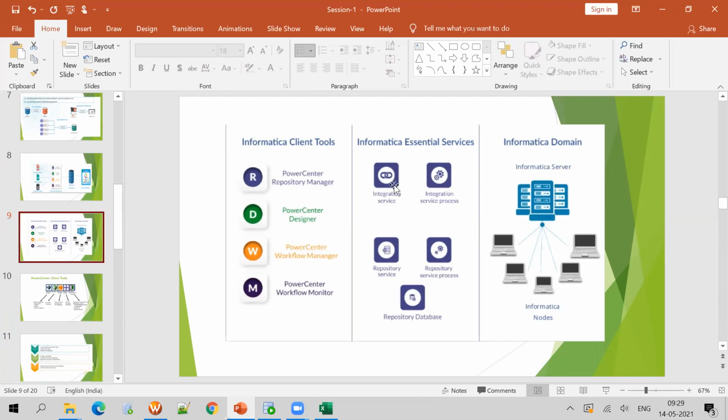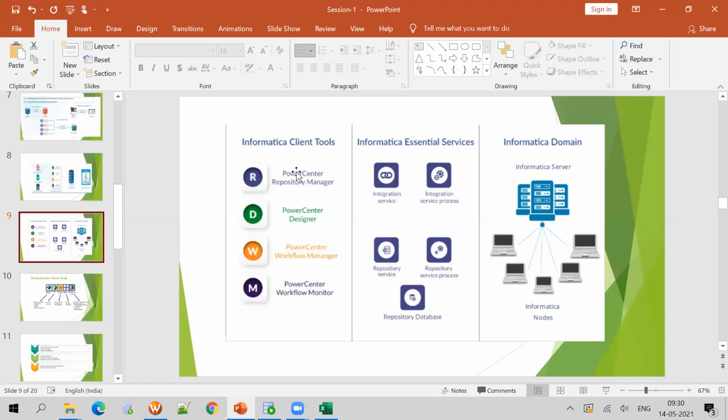These are all administrative tools or server tools. We will not be using them. And these domains or nodes will be stored in the Informatica integration server. So these are all administrator tools, which we will not use at all.